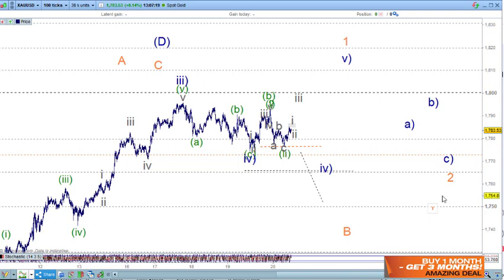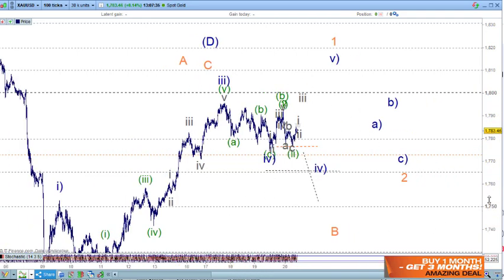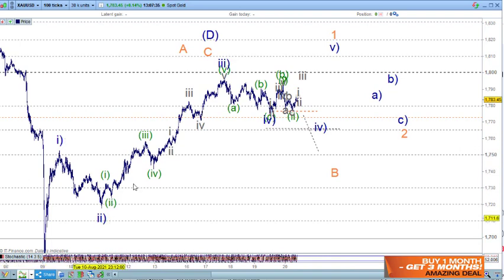Yeah. So then if we get that wave 2, that means we can start to look to go long from that point. That's the setup that we want. We want that 3-wave move back here. So we just really have to wait to see what we get here, to see if we get 1, 2, 3, 4 here and go up for 5 here. If we get those 5 waves up, then we're going to get an ABC and we're going to go up further. If it drops through the wave 4 here, then we're going to be in the B wave and we're still in the triangle at that point, and we're going to be here till Christmas, so to speak.